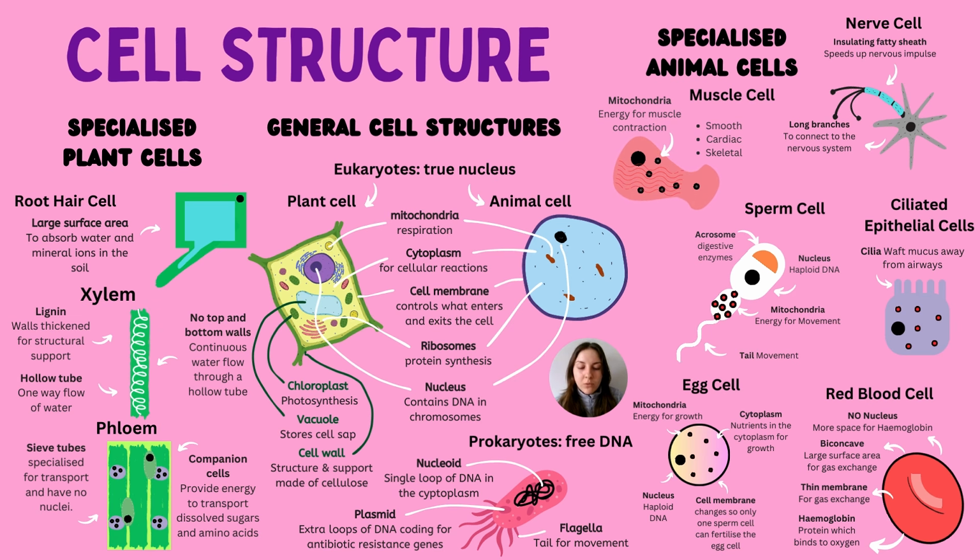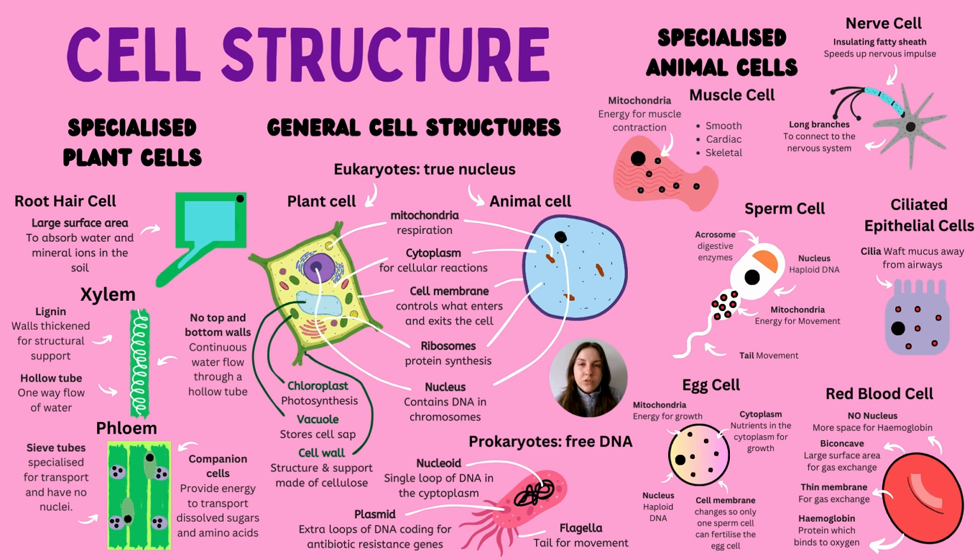We have the sperm cell, which contains an acrosome, which has digestive enzymes to help penetrate the egg cell membrane. The nucleus is haploid, so half of the DNA, which obviously matches with the egg cell's DNA to form a fully functioning individual. They also have lots of mitochondria for energy to move the cell to the location where the egg is,